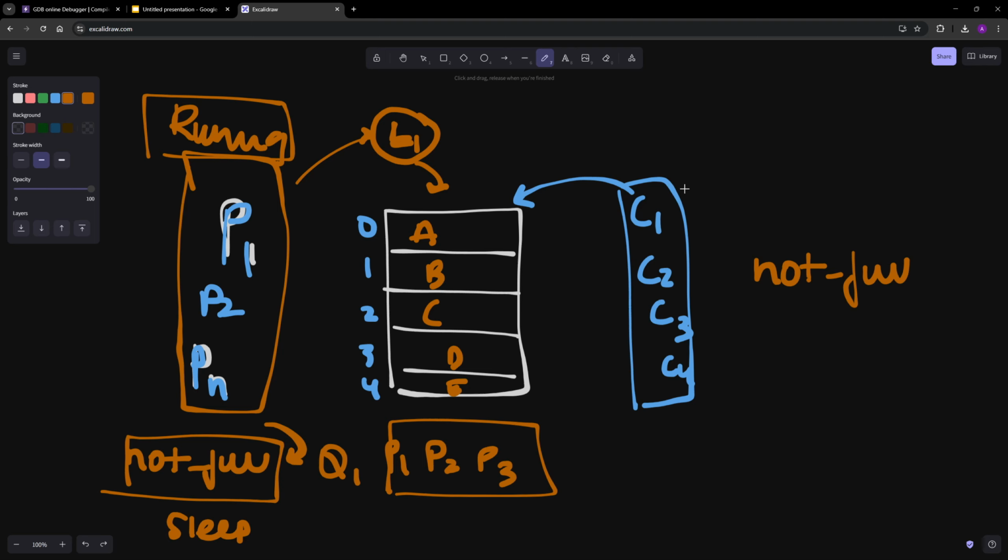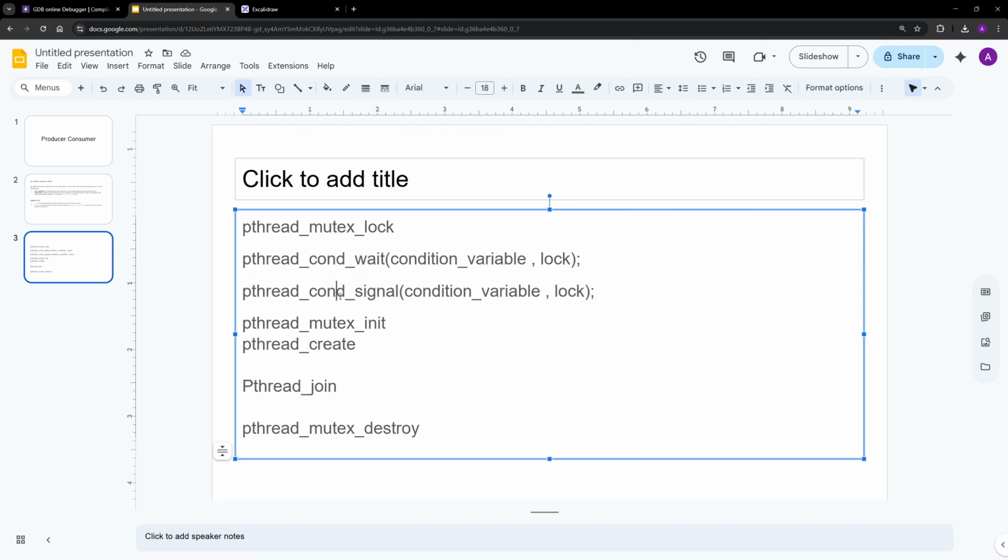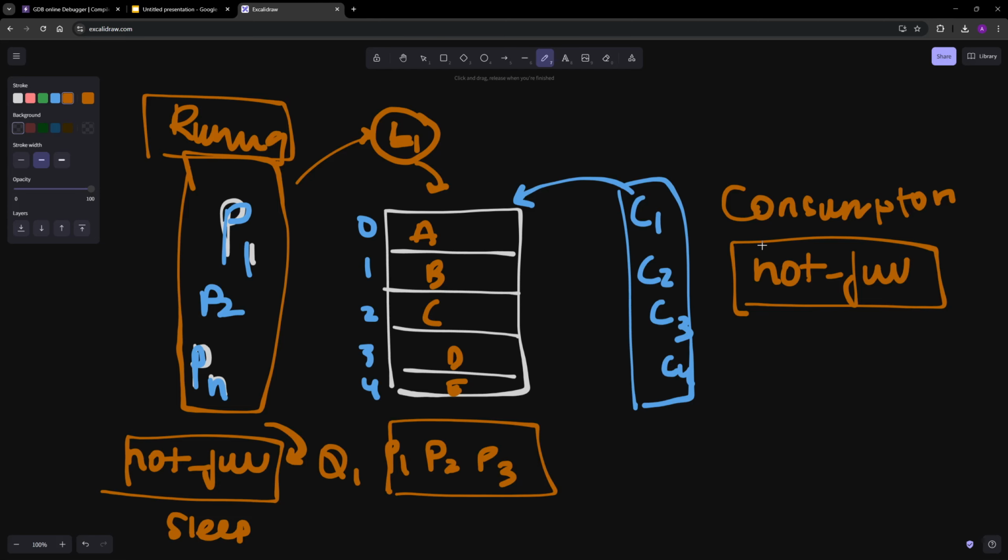And after that, any consumer thread will wake up and see that, hey, there's a lot of items to consume from this given buffer. Then these items will be consumed, and at the end, after consumption, it will signal, but it will signal what? It will signal not full. So this not full, it will use this signaling thing. It will use this condition signal, and it will say, hey dude, listen,